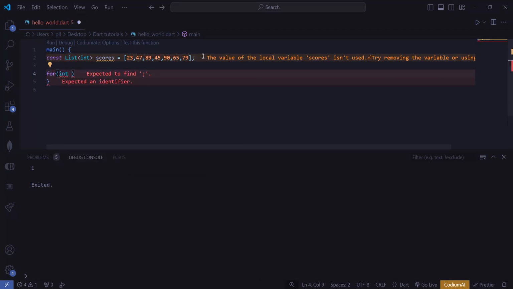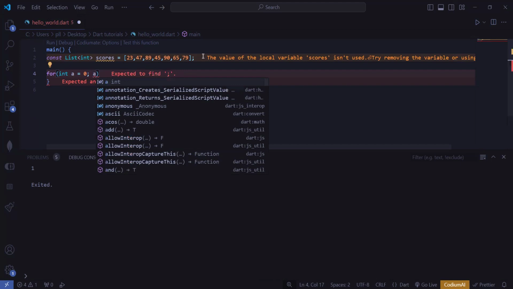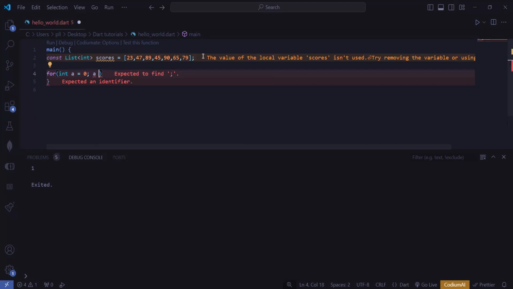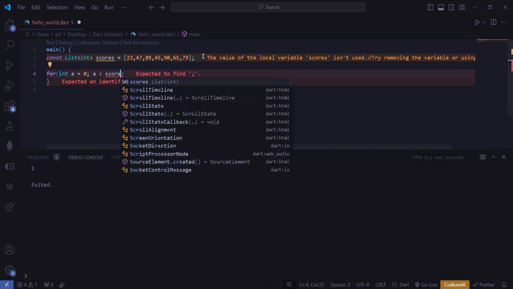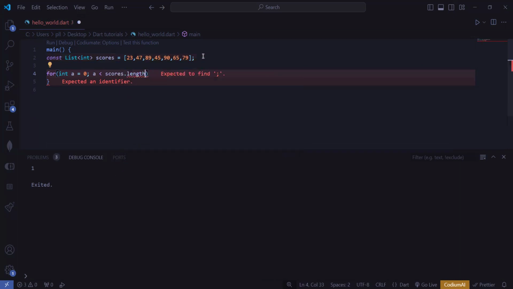I call it a is equal to 0. If a less than scores dot length, a plus plus, and I just want to print out